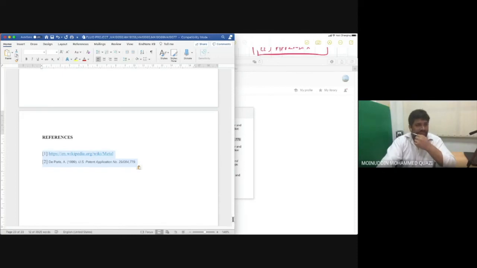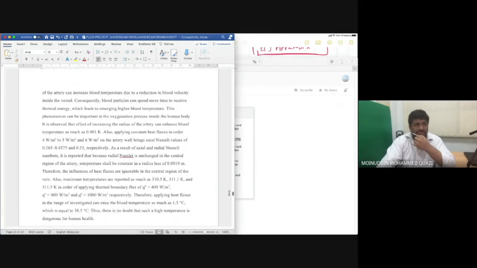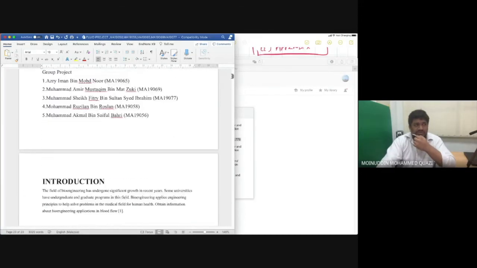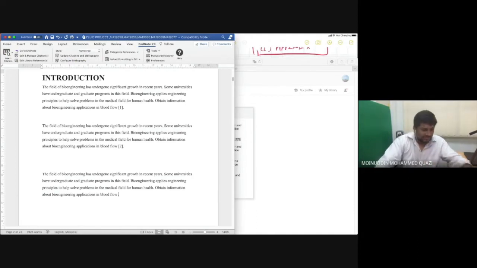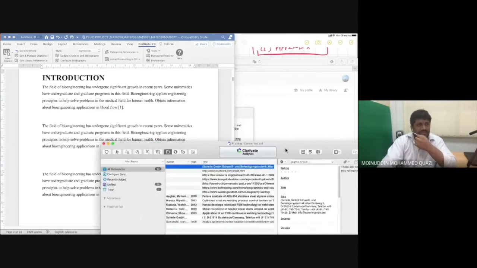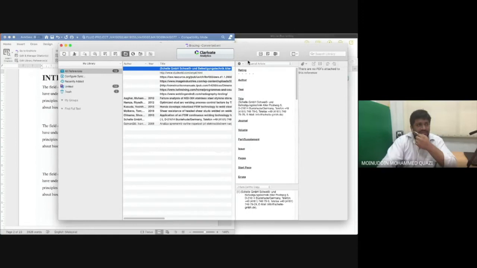Okay, now this is doing reference manually. You can do automatic also, but I don't know how to do automatic reference from manually, but I know how to use automatic reference using EndNote software. So what I will do is, let's say I want to insert here a reference. So I go to this EndNote. Here is my EndNote. I'm going to open my software EndNote. You can do manual also, no problem. This is my EndNote software.